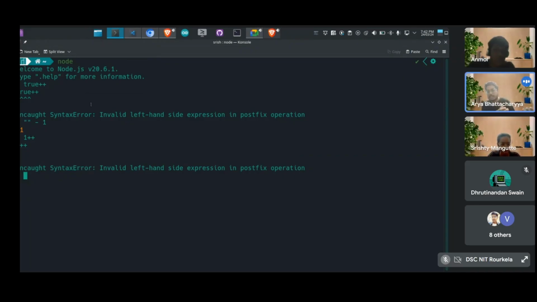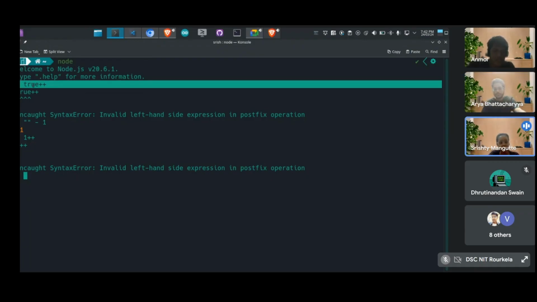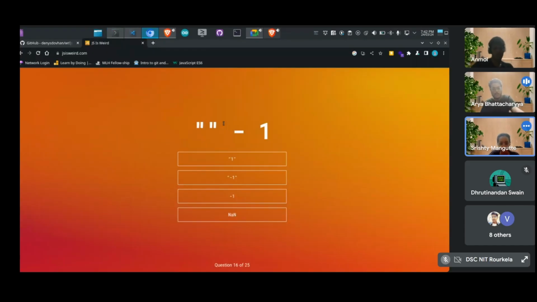So the only error available here is syntax error, which is a very common thing. If I am given an option, I will always answer syntax error, because the literal true has a constant value, that is 1. True can't be changed. True, false, zero, one, these are literals, and on literals we cannot apply postfix or prefix expressions. So yeah.